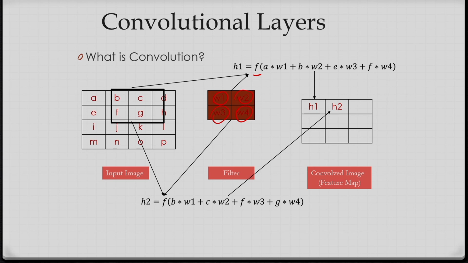So if I consider this is the filter, this filter can extract some important features from the image. That is why I am getting the feature map corresponding to that particular filter. In this case you can see the number of parameters for one feature map will be 4, because I am only considering the filter weights W1, W2, W3, W4.